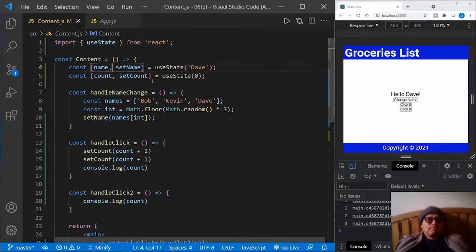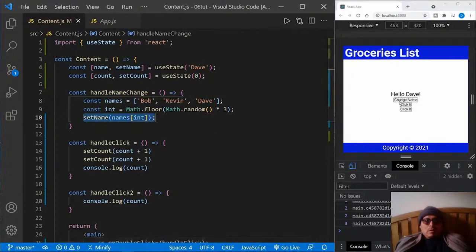And then we can use state. And you can use state for more than one thing inside of a component. You just have to define these. And I hope you understand how we started out with the default state of Dave, and then we were able to call handle name change and set a new name as the state. And that is why clicking our change name button continues to generate different names, although it might generate the same name several times in a row, because it's just random between those 3